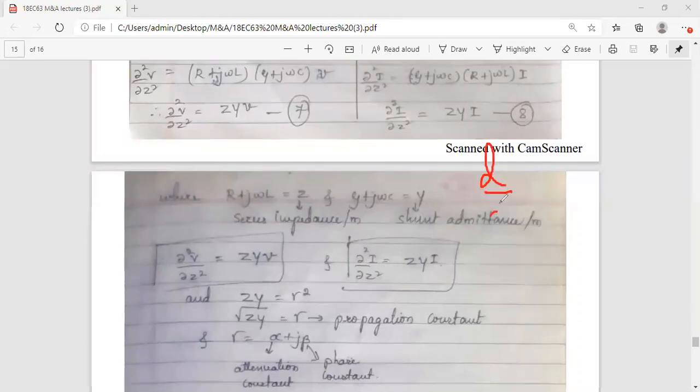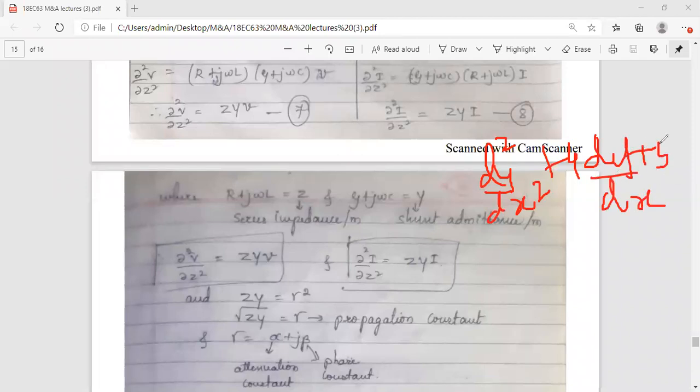Say if I have d²y/dx² plus 4 dy/dx plus 5 is equal to 0. If this is the equation I have, how will I find the solution? Solution means I need to get the equation for y from the differential equation. The differential equation is giving you the behavior of the circuit. From that equation, you are extracting the response, the output of the circuit y.